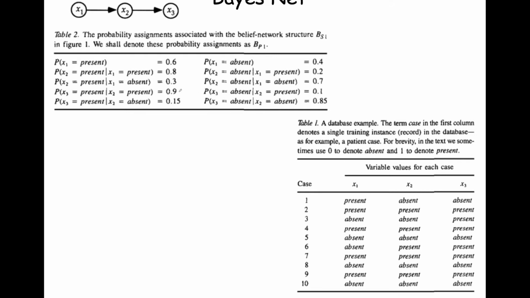We can do that through this Bayesian network. Given these settings for x1, x2, and x3, we can count the number of times we get each of these conditions: x1 present, x1 absent, x2 present and absent given x1 present, likewise x2 present and absent given x1 absent, and x3 present and absent given x2 present and x2 absent. And so literally, how we calculate each one of these probabilities associated with the CPT is, for the filtering probabilities,